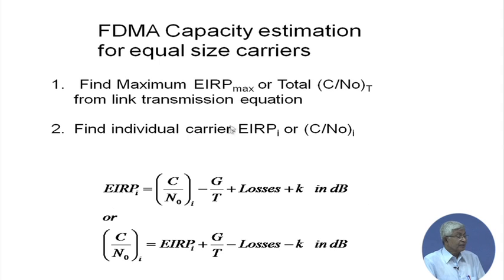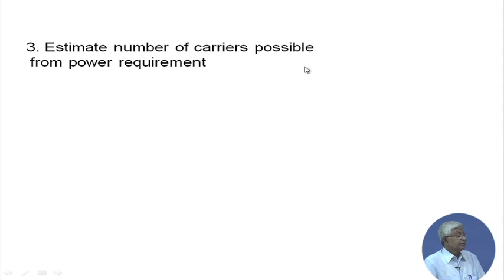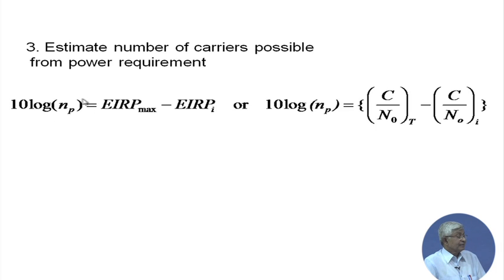So let us go back to the calculation of the capacity estimate. How much the capacity is, is based on this expression. These two expressions are the same, only the sides change; only the losses will determine how much. In this case losses are taken inside the calculation. So estimate the number of carriers possible from the power requirement point of view. It is very simple: the log of the number is the dB subtraction of the